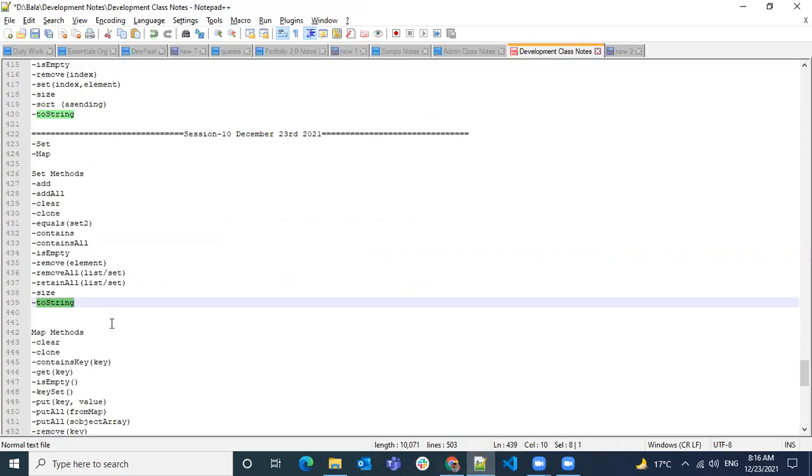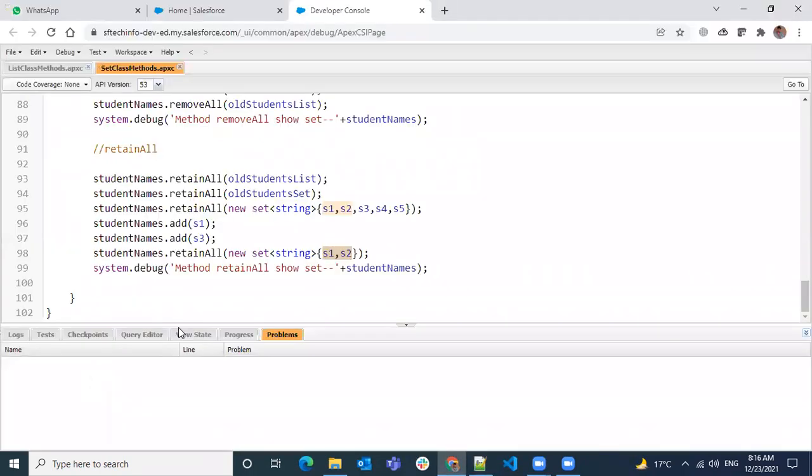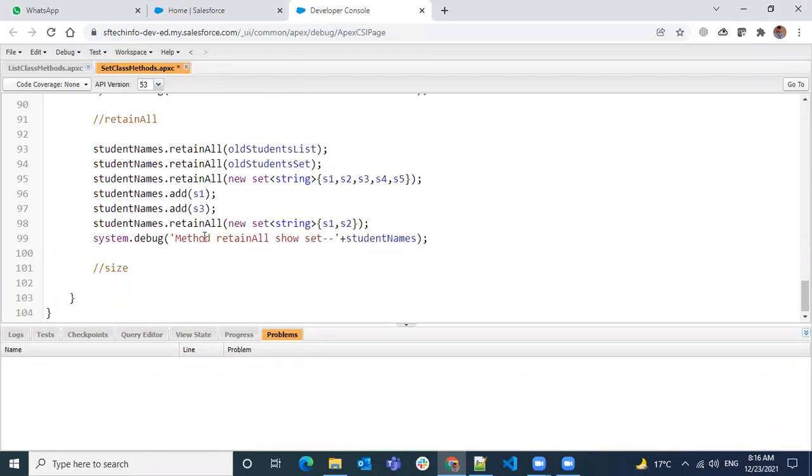Okay, I'm going to complete the remaining methods, size and toString. So size is used to measure the size of the set.